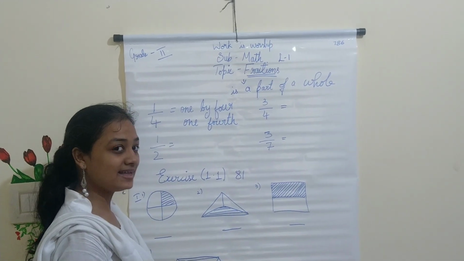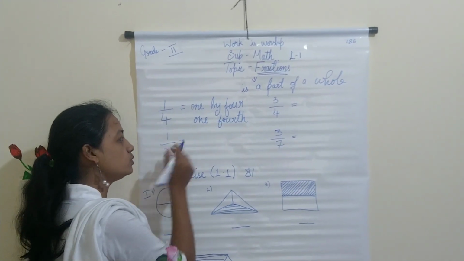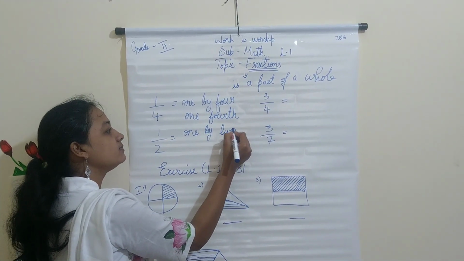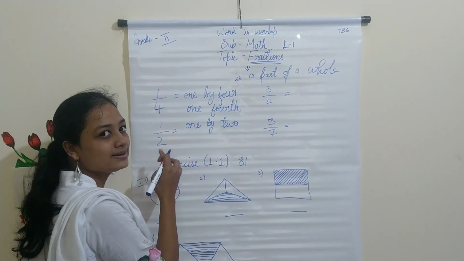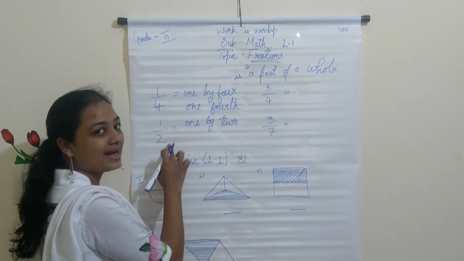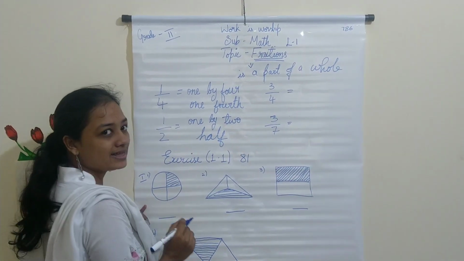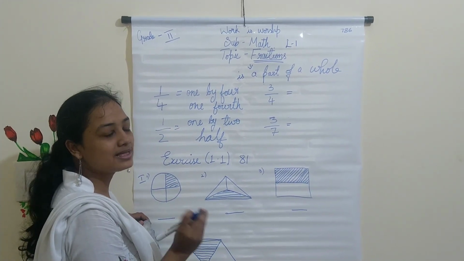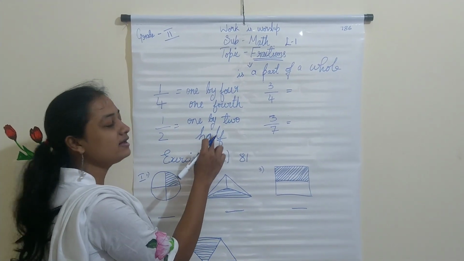Now let's read the second number. So what is the second number here? 1 by 2. So I can write it as 1 by 2. What is the next way of writing it? You cannot write it as 1/2nd. You will write this as half. 1 by 2 has a very special name and we say this as half. You don't write 1 by second or 1 second. That doesn't sound good, right? So we keep a special name for 1 by 2 as half.